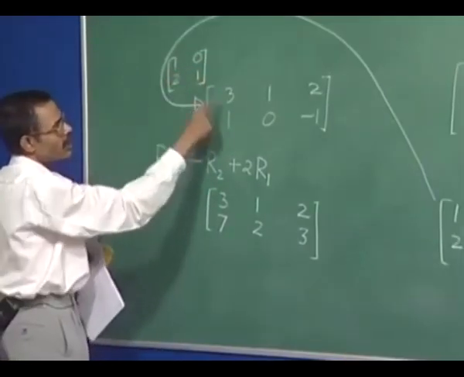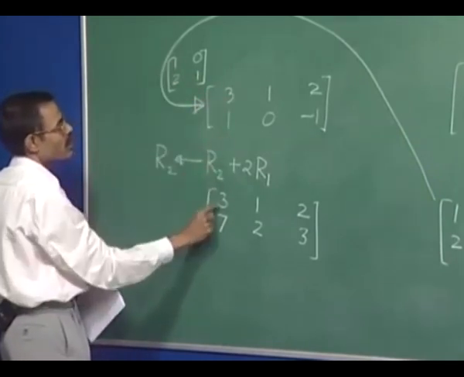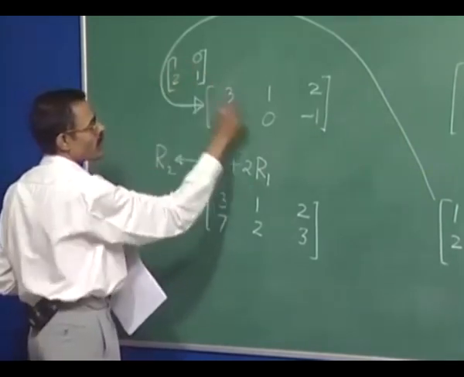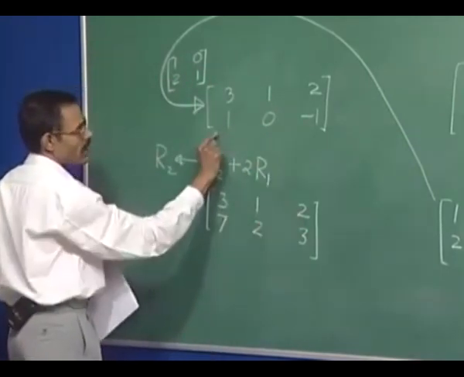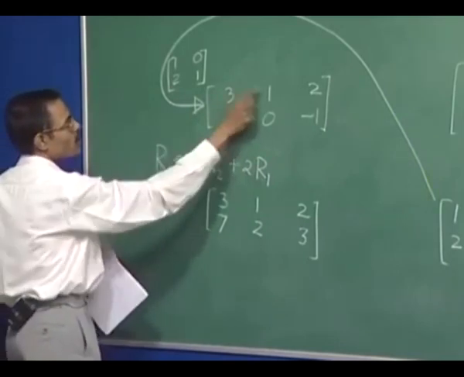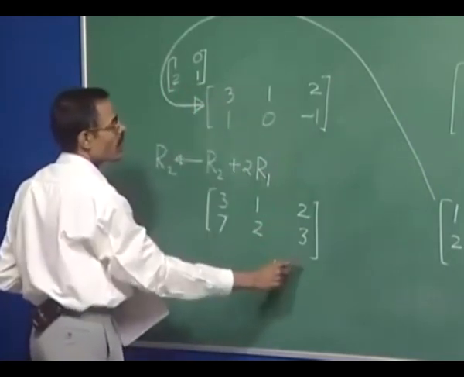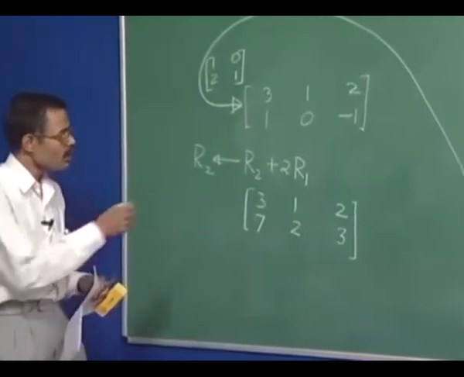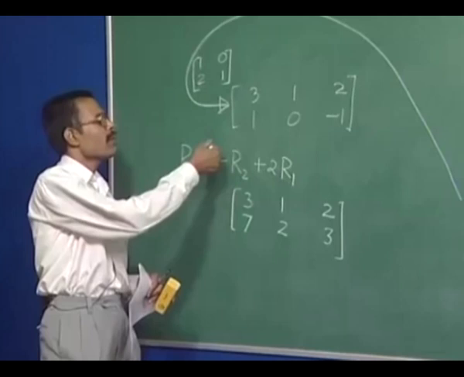Now, if we multiply this matrix with this, then see 3 plus 0, 3, 1 plus 0, 1, 2 plus 0, 2, and in the next row 2 into 3 plus 1, 7, 2 plus 0, 2, then 4 minus 1, 3. So, that shows that to get this matrix, we actually had two ways available: either apply the elementary